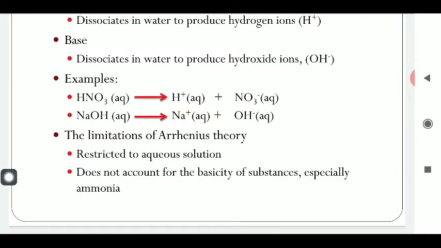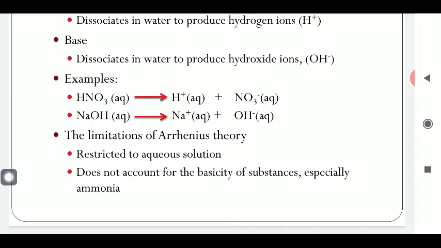You know, the basic formula of ammonia is NH3. And in this NH3, the nitrogen has one lone pair of electrons. But according to the Arrhenius concept, only those compounds exhibit basic character which can liberate the OH negative ion. But ammonia does not have the OH negative ion. The basic formula of ammonia is NH3. But this ammonia is a very strong base. So we cannot explain the basic nature of ammonia on the basis of the Arrhenius theory.